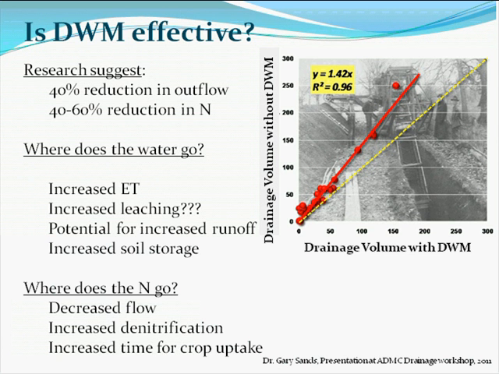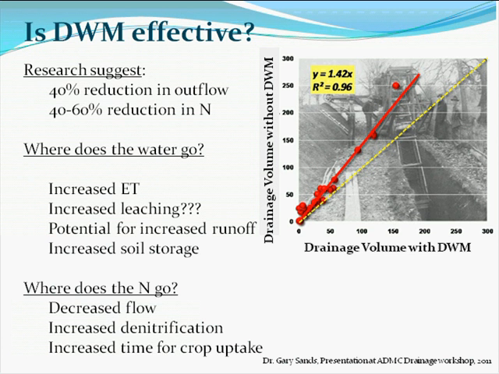Is drainage water management effective? Pat discussed this. I'd like to also show you a graph that I borrowed from Dr. Gary Sands that shows at least a 40% reduction in outflow. The vertical axis is drainage volume without drainage water management, and the x-axis is drainage volume with drainage water management. And the slope is about 1.42, so that's where the 40% comes in, and also 40 to 60% reduction in